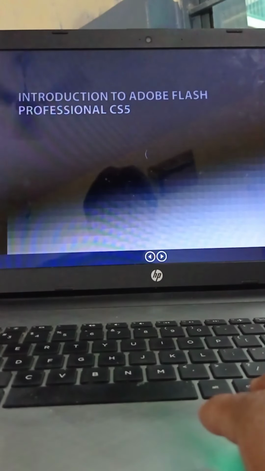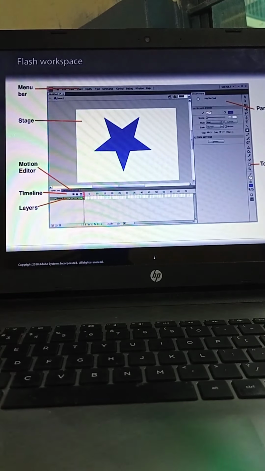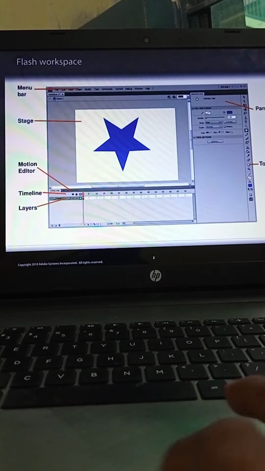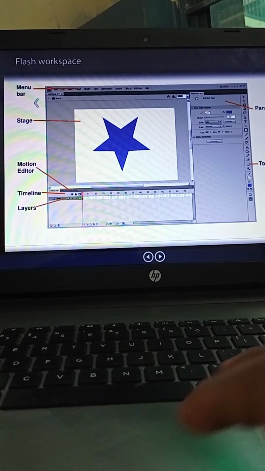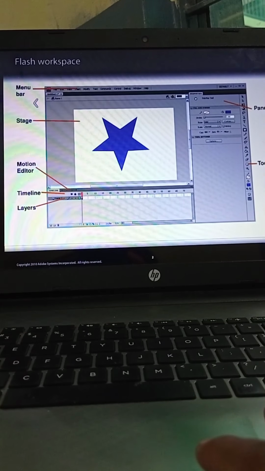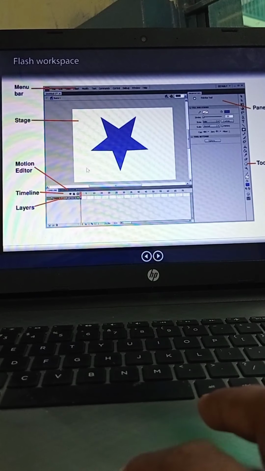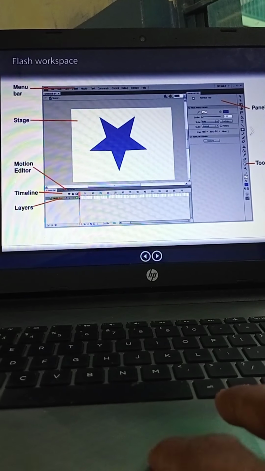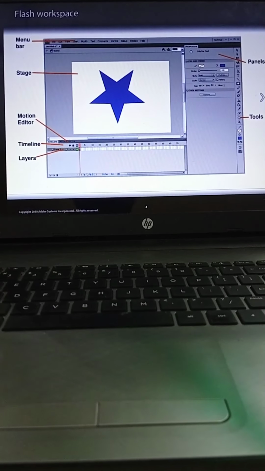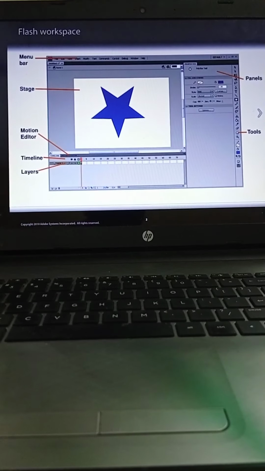The next thing is the workspace. This is the Flash workspace: menu bar, stage, motion editor, timeline, layers, panels and tools.